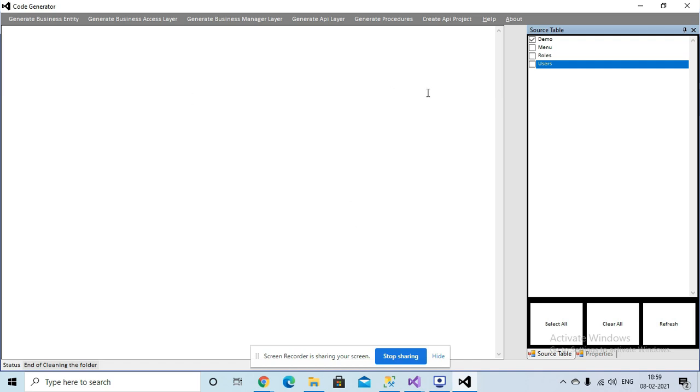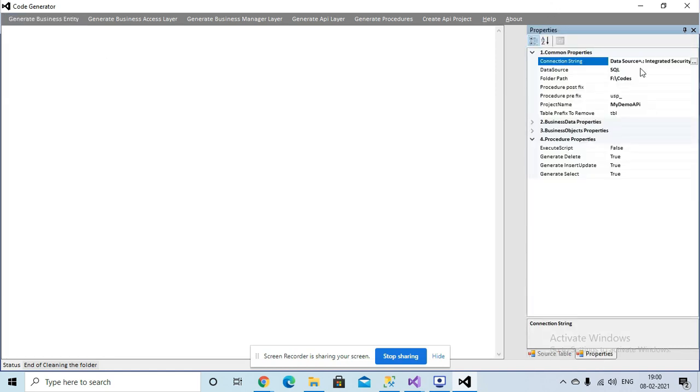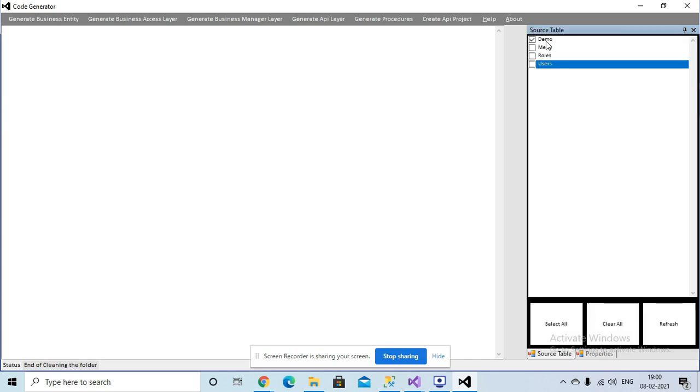I'm going to show you how we can create a business entity. In a similar way, we need to provide a folder path where we want to place our code, a connection string, the postfix and prefix of our procedure, and the project name. Here I have selected one table, the demo table, and I'm going to create a business entity.